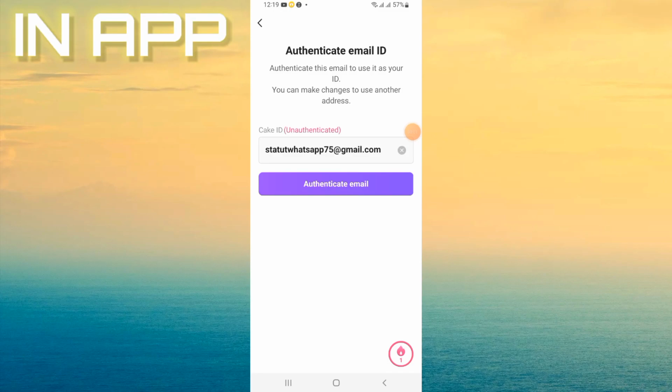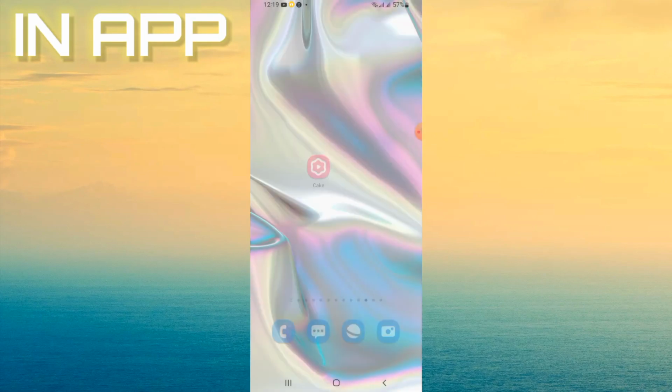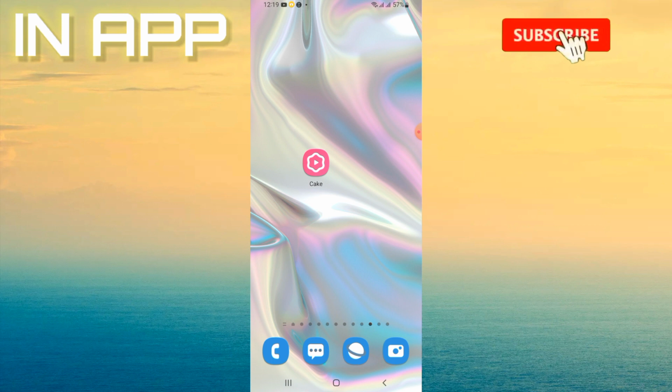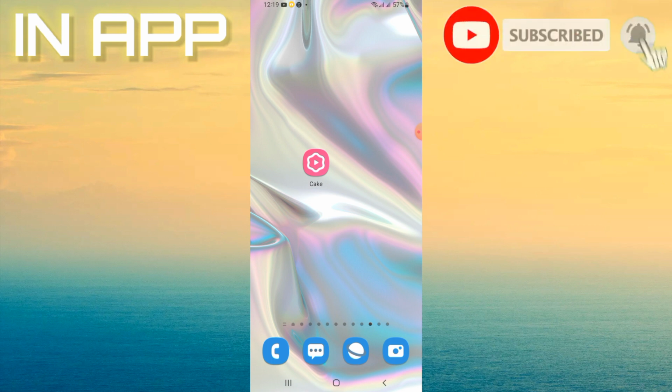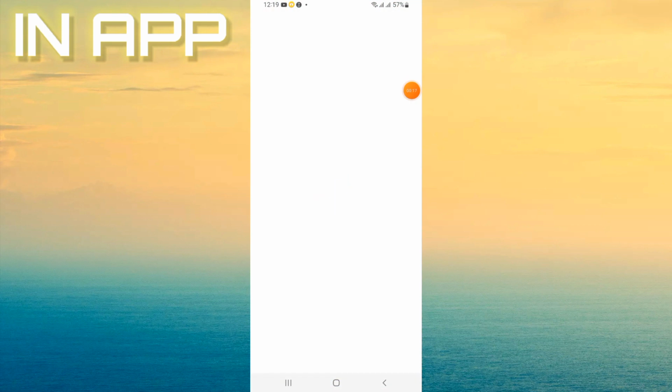To change your authenticate email on your Cake application. Hello everyone, welcome back in this video. So today I will show you how to do this. Just follow this video till the end. So first guys, you have to open your Cake application, of course,